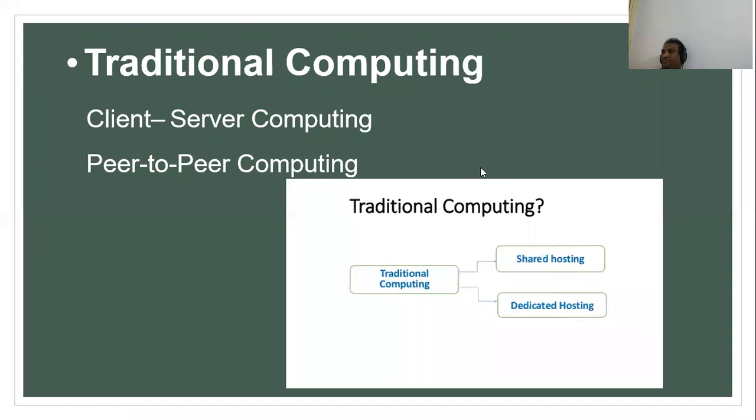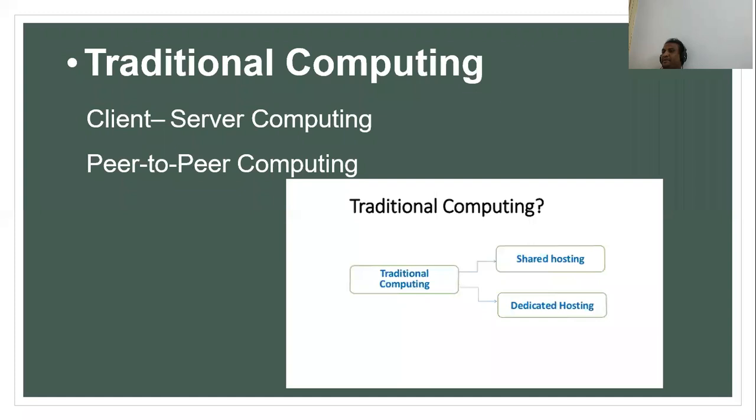Here we'll be having something called shared hosting and dedicated hosting in traditional computers. What is shared hosting? One server can be shared by different people in client server computing. For example, if I want to host a domain, in that server other hostings also can be there.